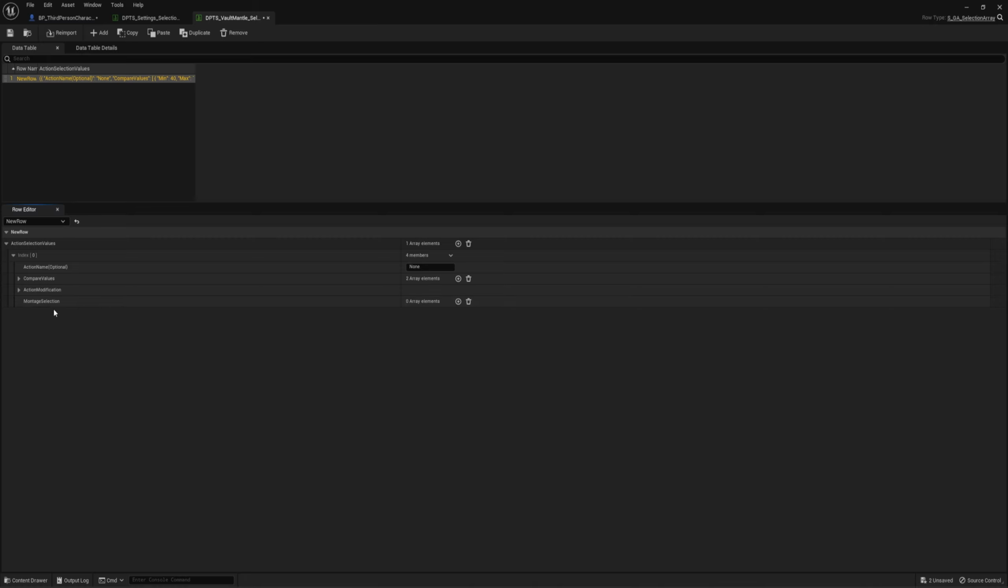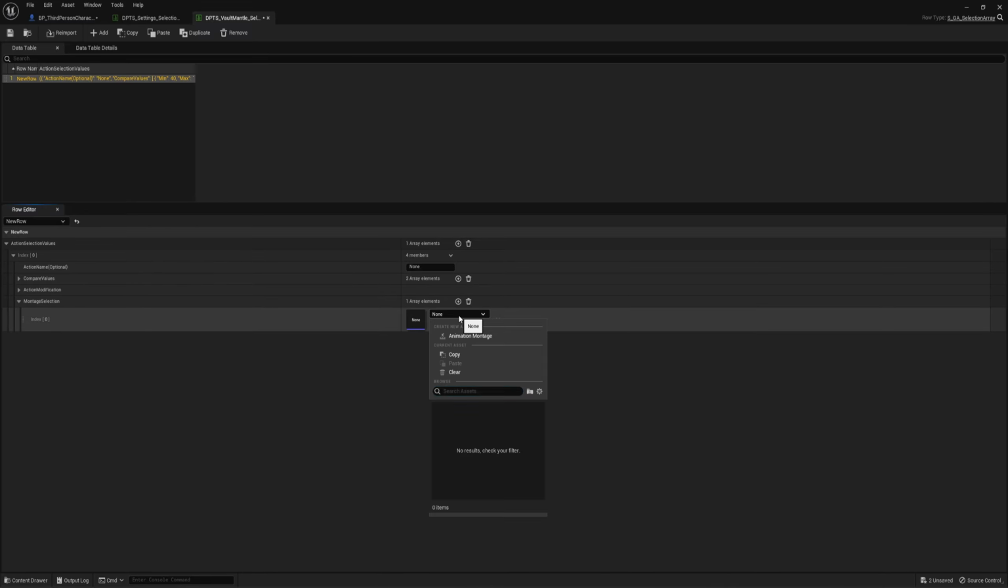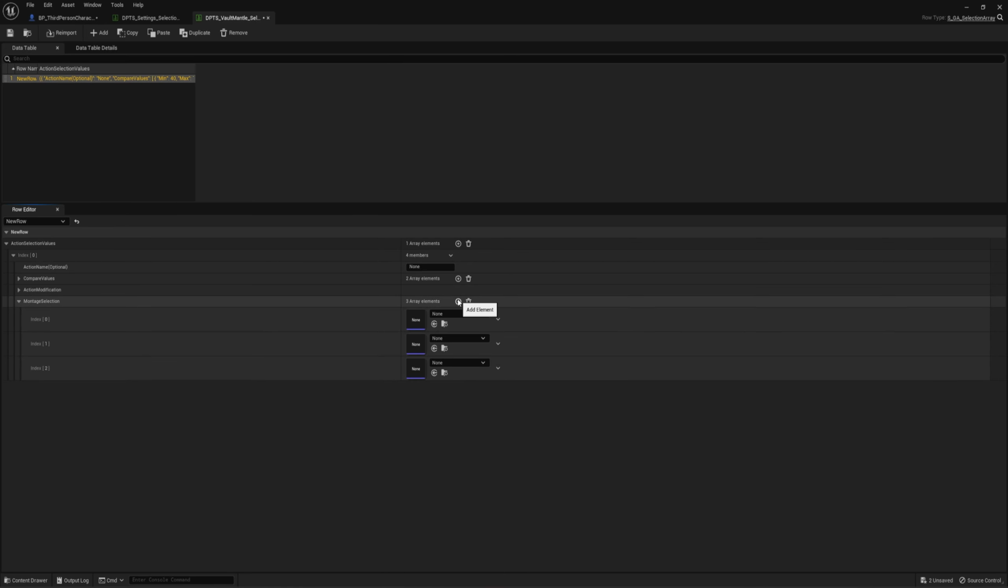Now, the last thing I'm going to talk about here is the montage selection. Inside of here, we can add one value, and we can use this as the selection if the compare values are in the range that we defined and the action modifications that have been set have been matched. However, we can add more than one value if we would like, and this will randomly select between the animations. So it's a randomizer built in, but if you only want it to select one animation, just put one animation